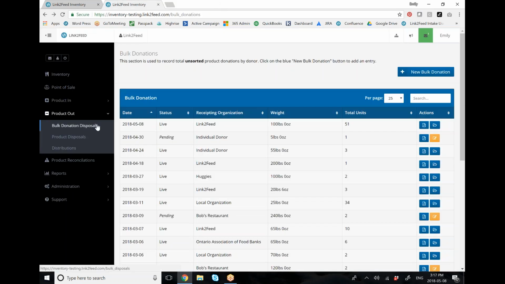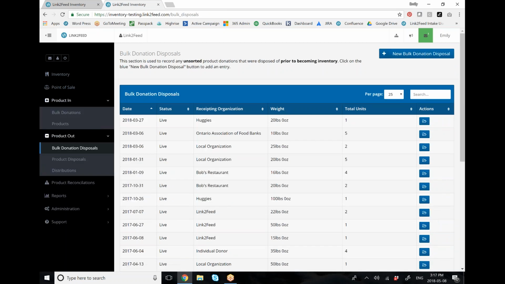If any product that is unsorted gets thrown away prior to making it on the shelf, you would go into Product Out and Bulk Donation Disposals. Just like with Product In bulk donations, we see a list of a history of all of the disposals we've had. And to mark that we're throwing away food before it's sorted and on the shelf, we click on New